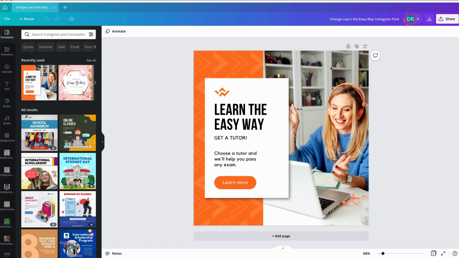So everything comes up. You don't have to do anything. Now you can decide what you want to say. You can put your logo or an icon. You can change out these back graphics and these images. So the way you would change out this, so maybe you want to say